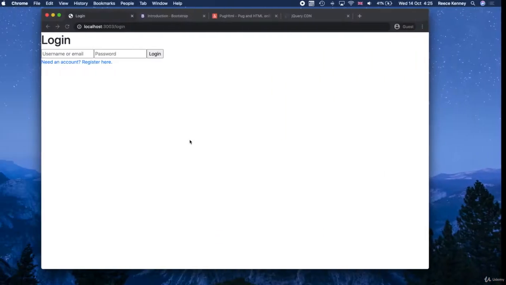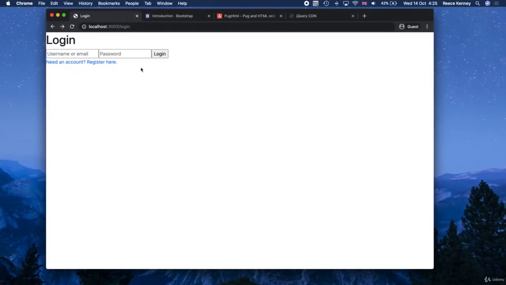So last time what we did is we got set up with Bootstrap, which means we've inherited this nice style as a starting point. Obviously we're not finished with the style, so that's what we're going to do now. We're going to actually go and add our own custom style sheet to this, which will make this look a